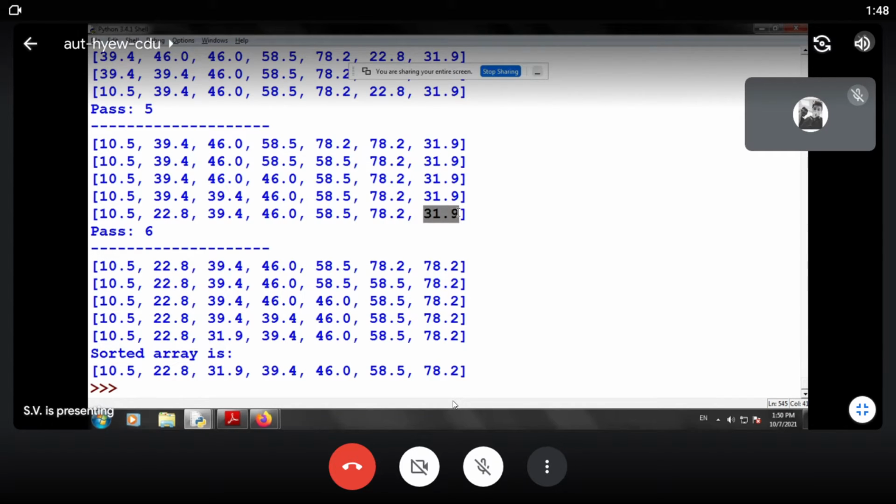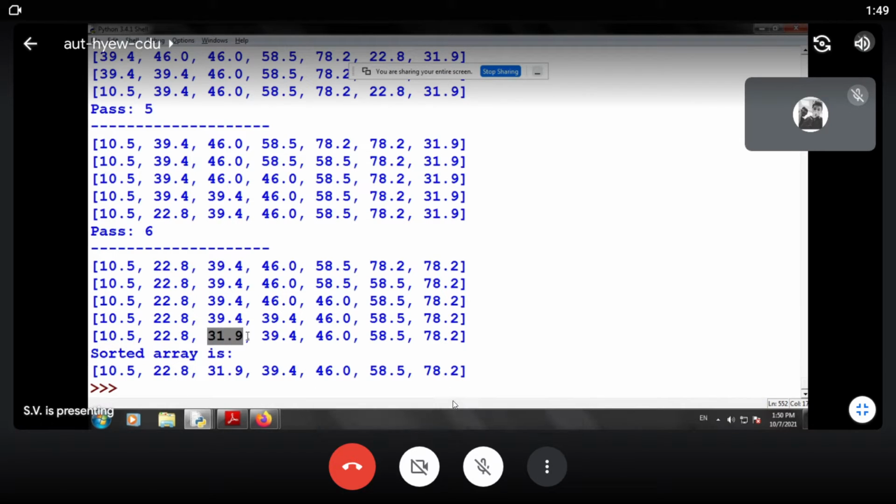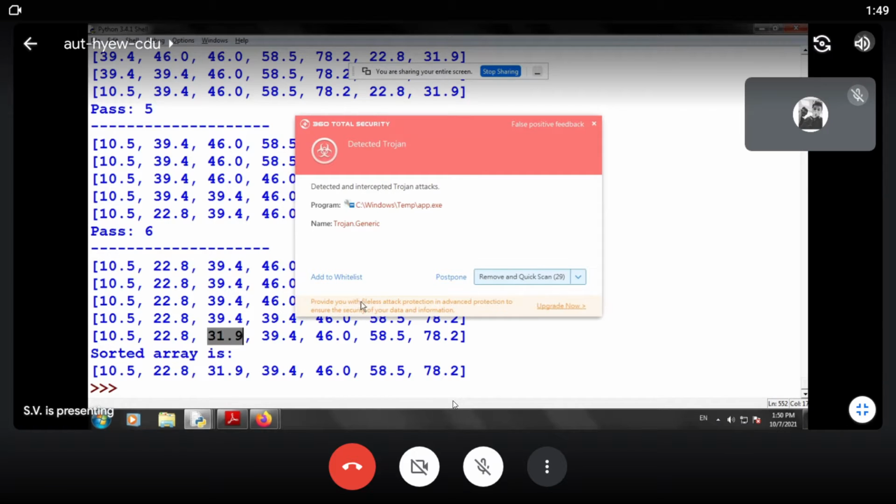So again it chooses the best place, that is up till 39.4. Everything which is highlighted will be shifted towards the right hand side and 31.9 will be inserted at index 2. So this is the algorithm concerned with insertion sort.